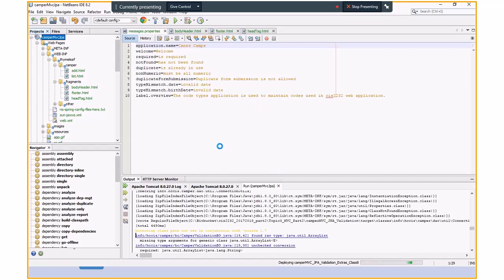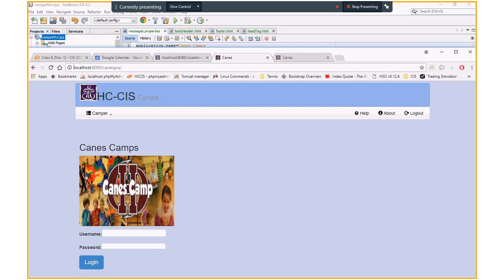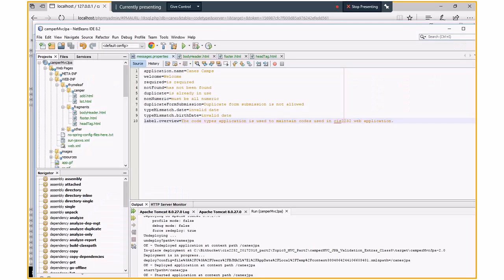you should see that that's reflected in the body header. It's also reflected down in the footer. Okay, so there it is. It's refreshed. You see Canes Camps shows up in the body header, and it also shows up down in the footer. So again, if I change that back to just Canes,